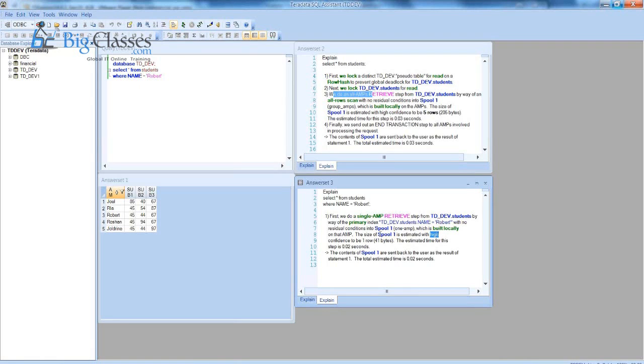This is the performance improvement: with high confidence and a single-row operation, the spool size will be smaller. So you have to know how to frame your queries. This is the SQL Assistant we use for Teradata in our day-to-day practice.